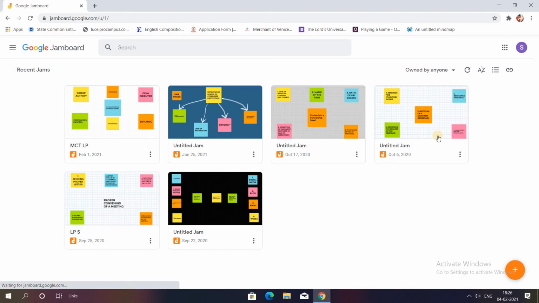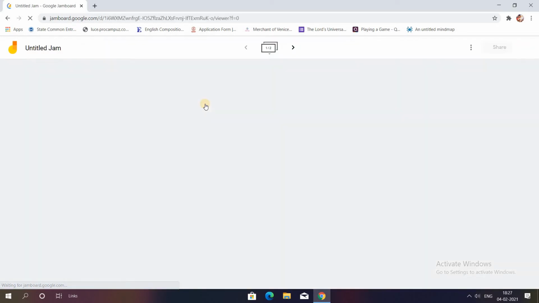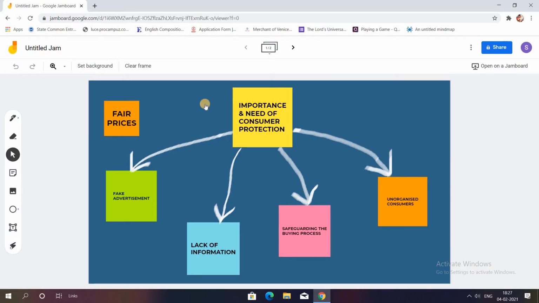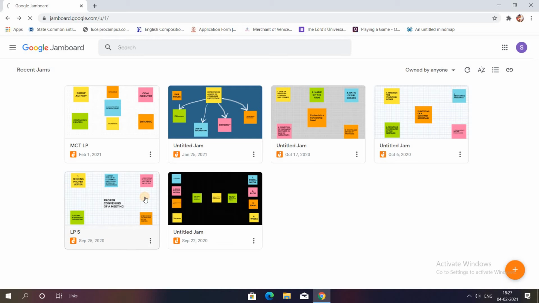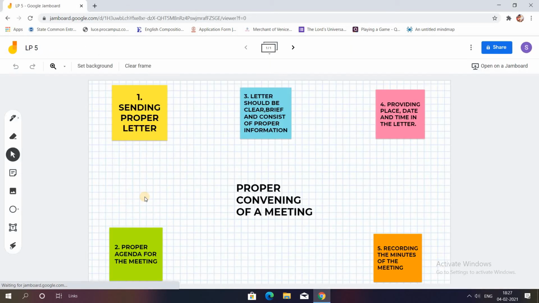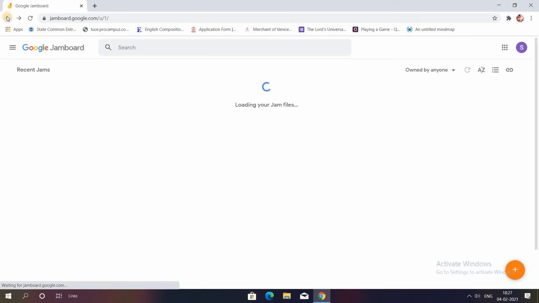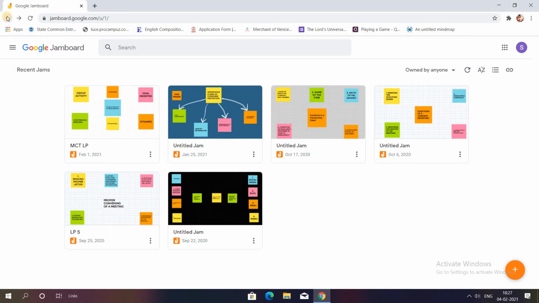Now you can see these Jamboards. It is not ready-made templates, but this is my library of Jamboards. So as you can see, I really make use of Jamboards a lot in my lectures for my students. So I'll just show you how Jamboard looks like. You can create this type of Jamboard for your students. I'll show you one more with a different background, yet simple sticky notes. So this is another one. So I shall be teaching you how to make such frames in Google Jamboard today.